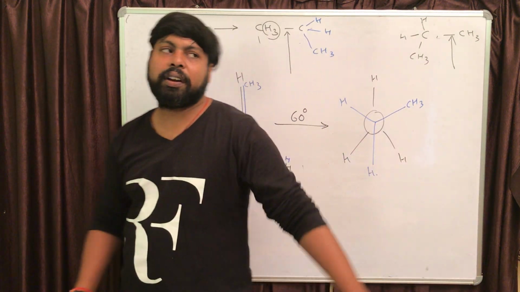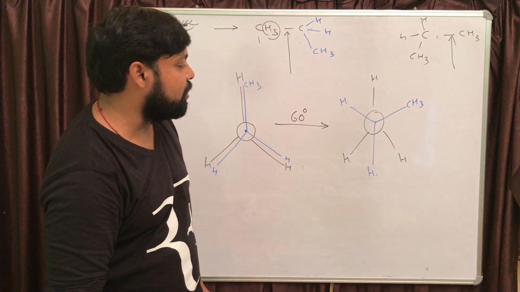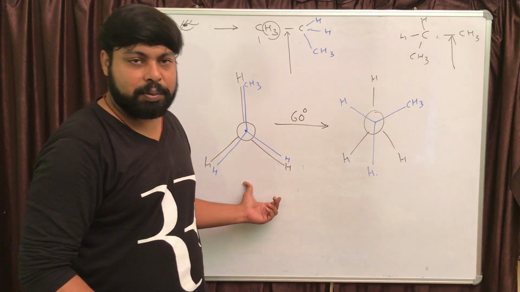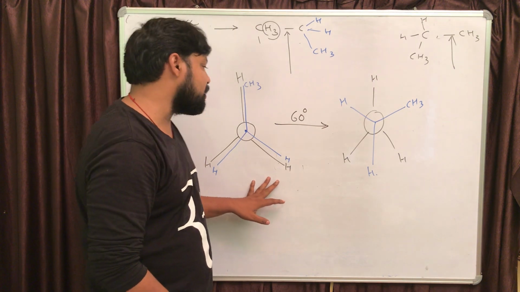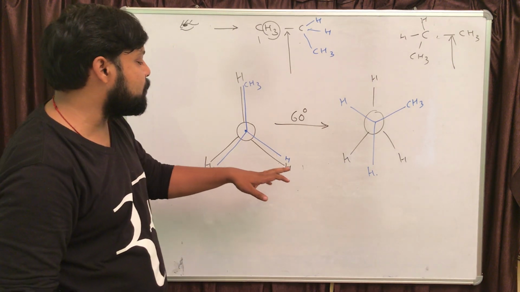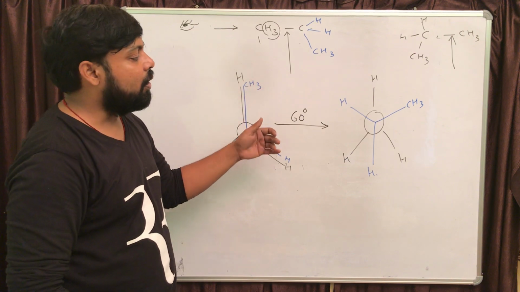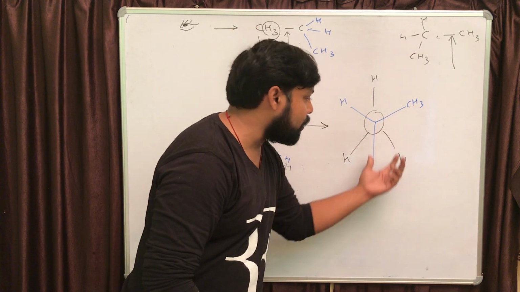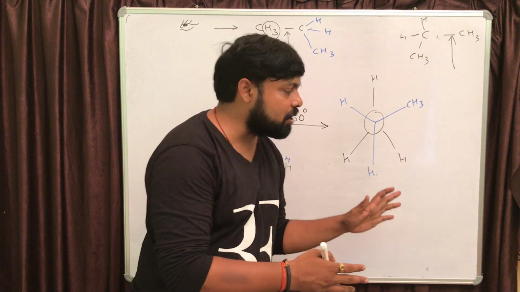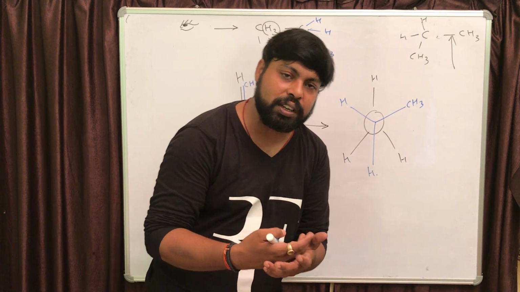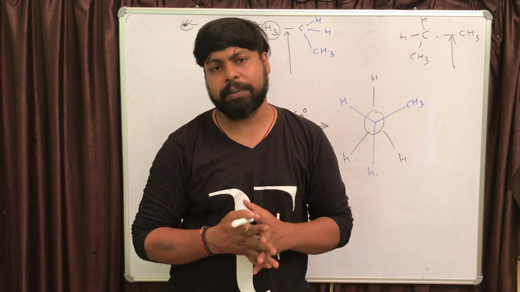If you are again holding the front side carbon atom and rotating the back side carbon atom by 60 degree, you are going to get eclipsed form. That is very similar to the first eclipsed, right? There is no change. In first eclipse there is eclipsing of 2 hydrogen and 1 CH3, 1 hydrogen. If you are rotating the front side carbon again you will reach the same situation. There will be eclipsing of 2 hydrogen and 1 eclipsing will be of CH3 and hydrogen.